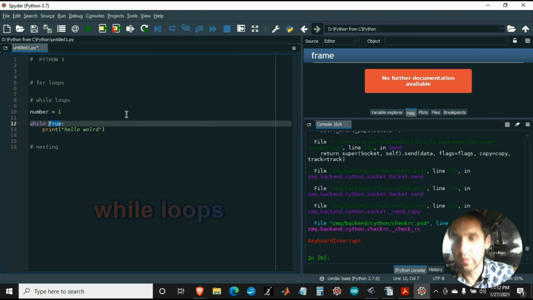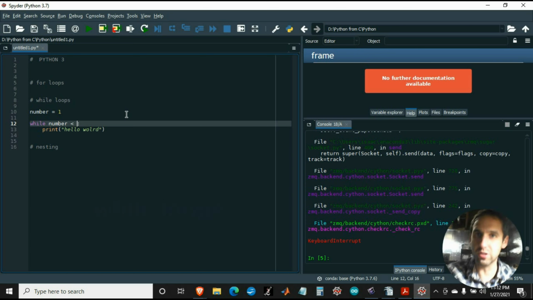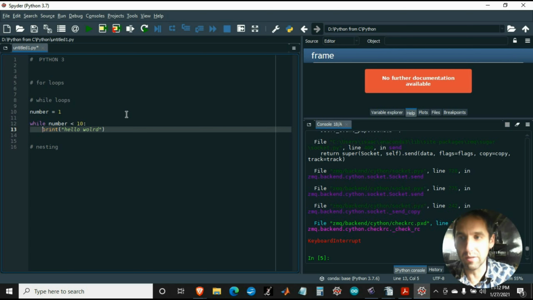And then we will say while number is less than, this is an example of how a while loop works. So what we're going to do is have this thing time out after the condition turns into false, because right now it's going to be true. So number obviously is 1, and that's less than, we'll say 10. While number is less than 10, we are going to